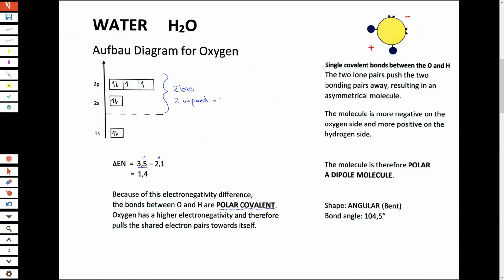To do the Lewis structure for water, we start with the element that makes the most bonds. Oxygen makes 2 bonds, hydrogen makes 1 bond. So I'm going to put the 6 valence electrons around the oxygen atom. You just go round and round. So there we go. There's the 6 valence electrons around the oxygen atom, 2 lone pairs, and 2 electrons available